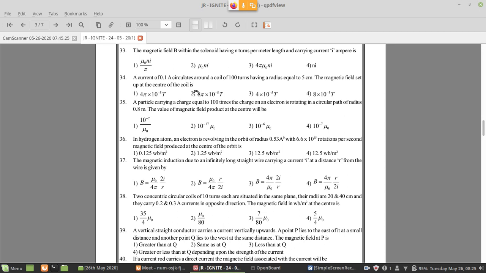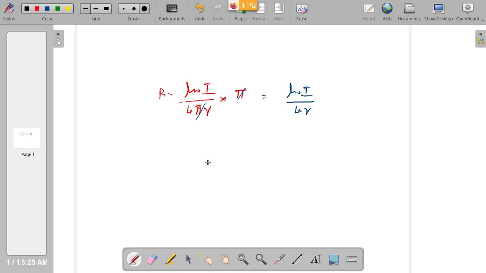Why? It's a simple direct formula application, right? That's why I told her all the problems in this magnetism, particularly whatever we are doing now, Biot-Savart law and Ampere's law, are based mainly on application of formula. You have to know how to apply the formula. That is the only trick here. Of course, you may remember the formula, but you should know when to apply, what to apply. Now see, there are n turns here, and it is a circular coil, and they are asking magnetic field at the center. So there is only one formula for this. That is mu naught N I by 2R. So the formula to be used is B is equal to mu naught capital N I by 2R.